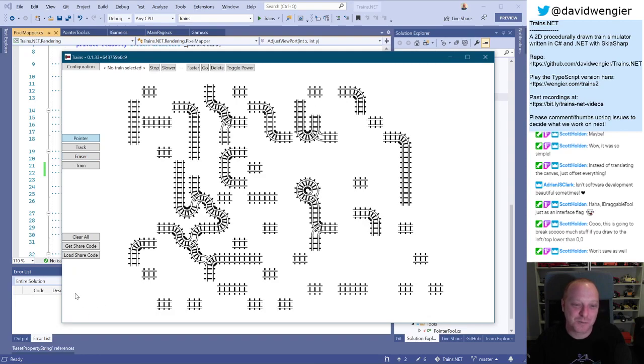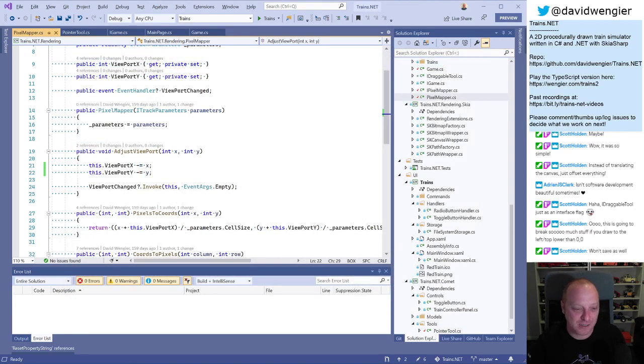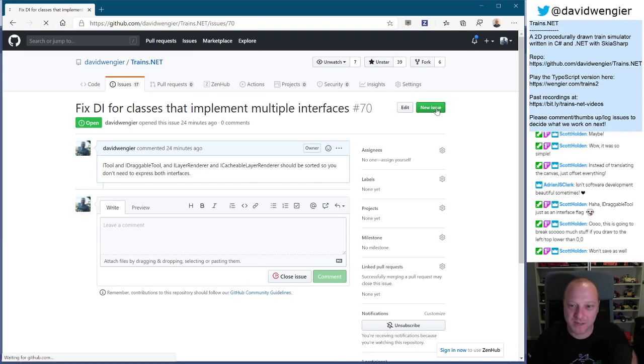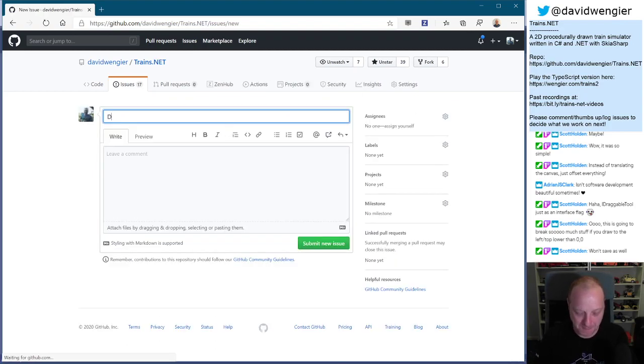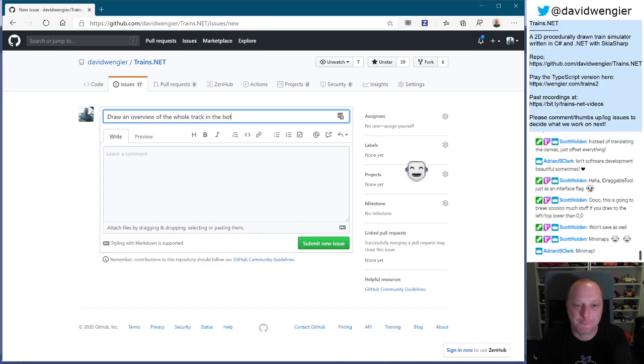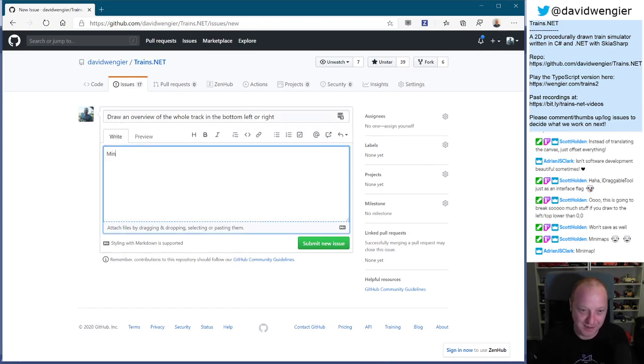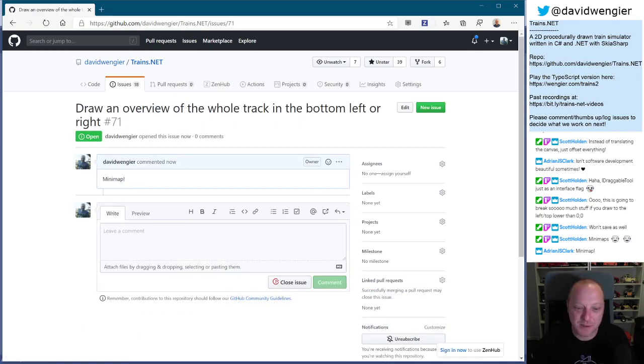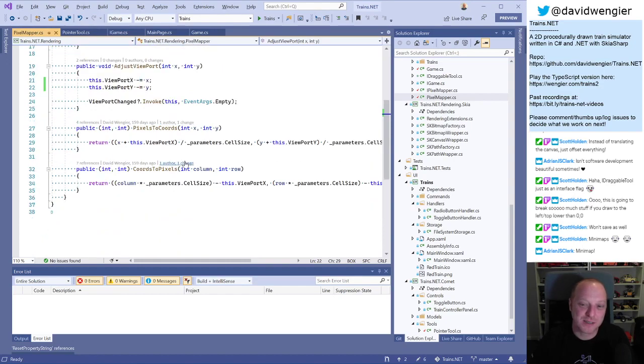You know what I want to do now? I want to do a little overview. I'm going to log a job for that. It's a good one for next week. And that should be really easy. A mini map, yes. Talk about software being beautiful sometimes. A mini map should be as easy as give me a track renderer, draw in this box, the end. It won't be,